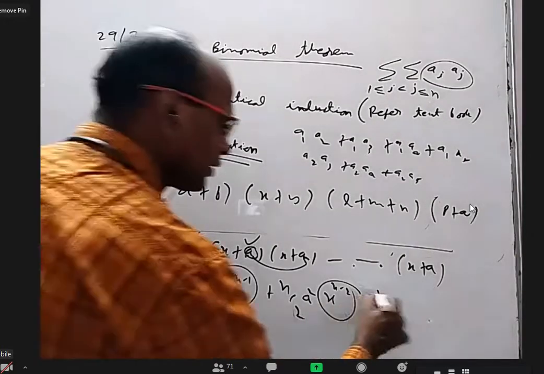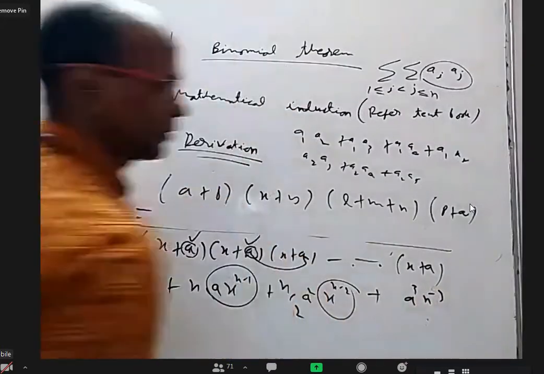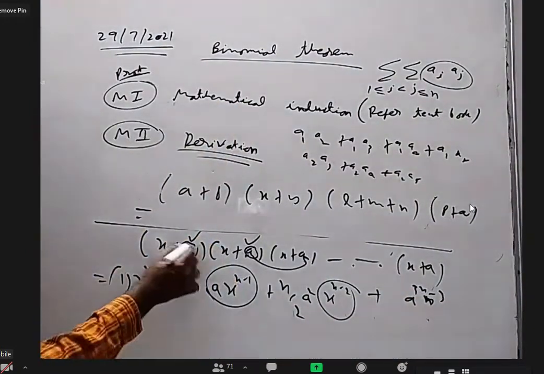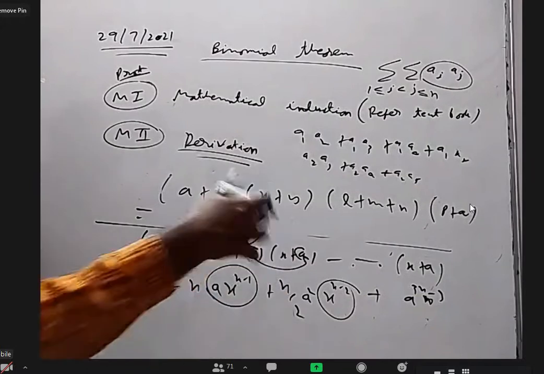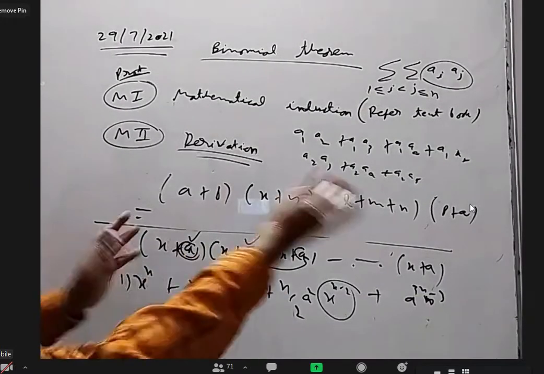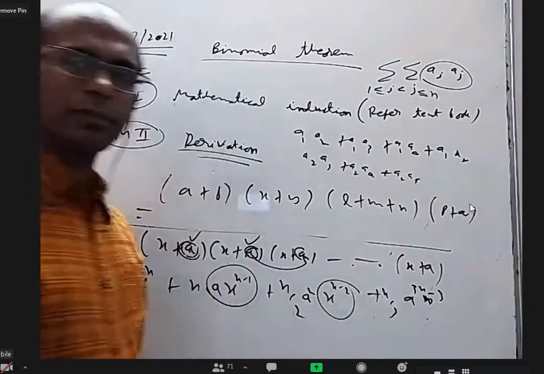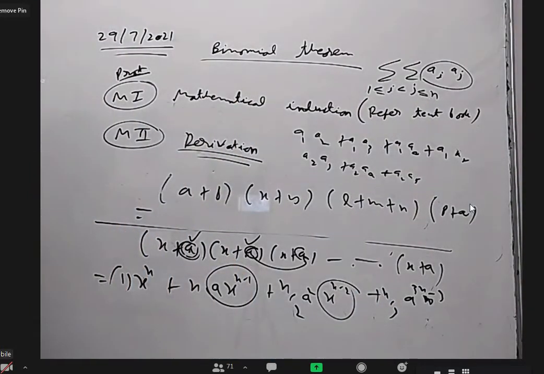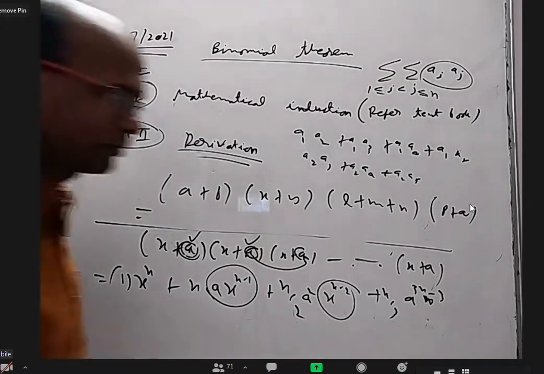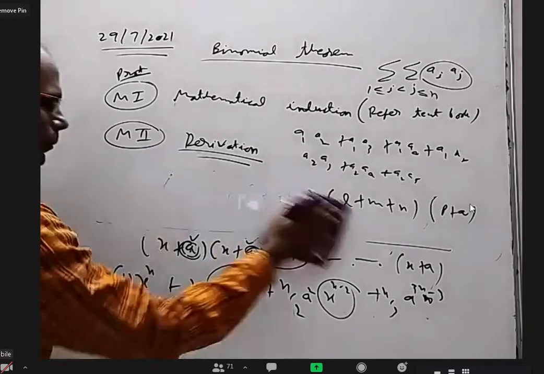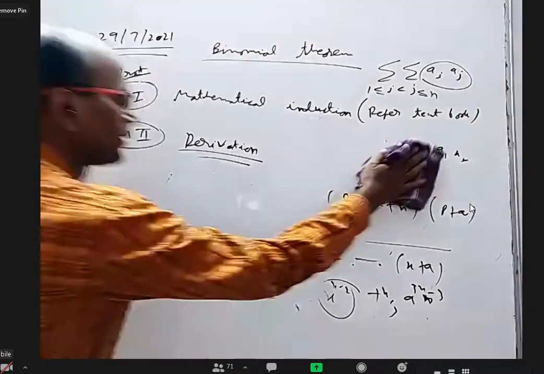If you want a cube, x power n minus 3, NC3. In three brackets, you have to multiply a, in all other brackets, you have to multiply x. You can choose any three brackets. From n items, selecting three items is NC3. So binomial theorem is proved, right? That's it. And it's not that we are looking for 2, 3, 4, 700 separately. All proved. Okay. But how to write the proof?